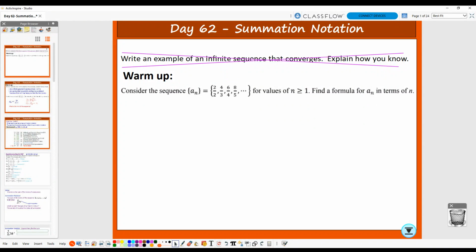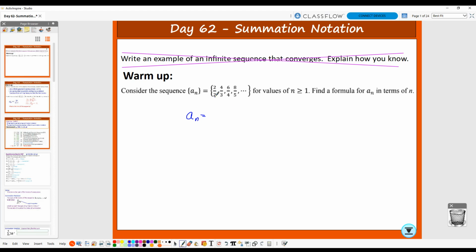Okay, welcome to today's lesson that we probably will not finish in class. So you are still responsible for all of the material, so watch the video, pause it where necessary. Like here, try the warm-up on your own. Look for the pattern in the numerator and the denominator to create